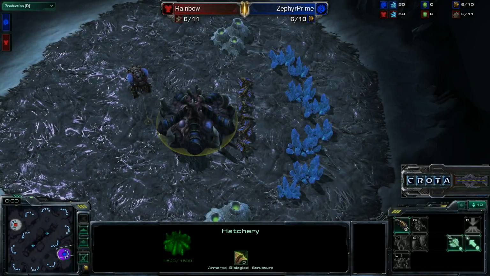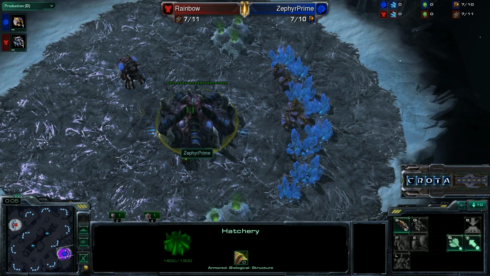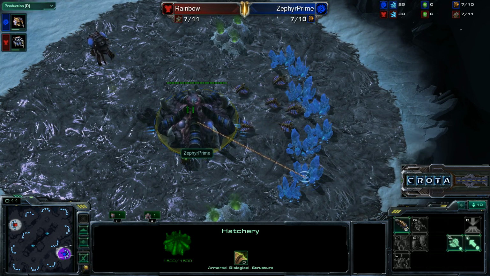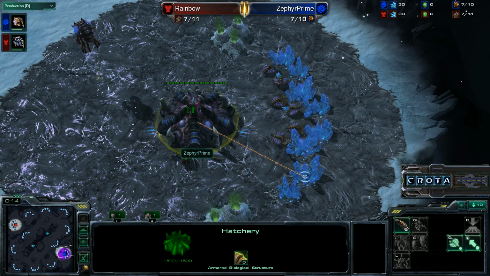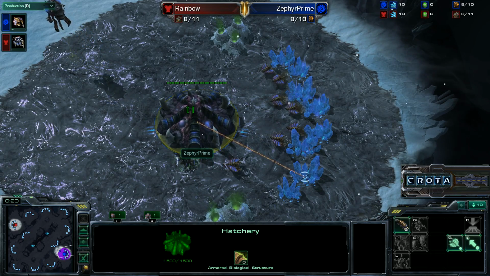Hello everyone and welcome to Game 3 in a series between Zephyr and Rainbow. Zephyr losing Game 2 to an all-in after 2 Hellions were able to destroy 13 drones. Very nice follow-up by Rainbow, and I'll say it was a tactical decision to bring those SCVs in that all-in